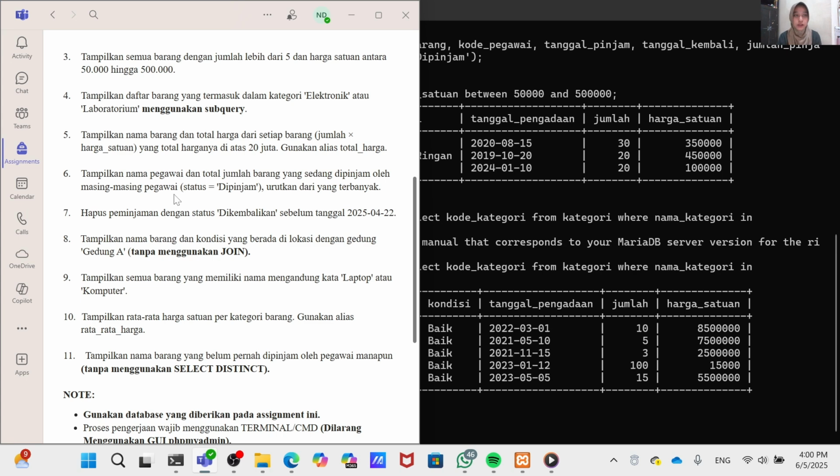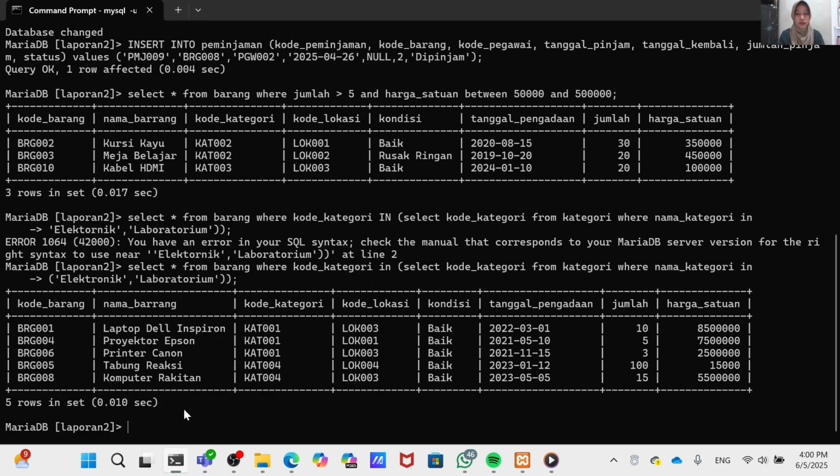Okay, for number 5 is display item names and total price as quantity multiplied by price, greater than 12 units. We can use select.